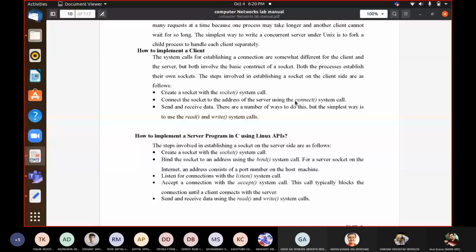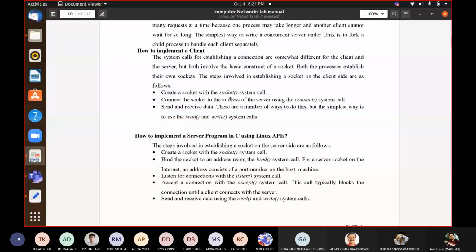Then once the connection is over, we will simply use read and write, or send and receive. So these system calls we can use. Either you can read or write. Because from the programmer's perspective, a socket is nothing but simply a file. Over a file, we are either writing something or reading whatever is written there. So whatever you receive would also be written on your socket.